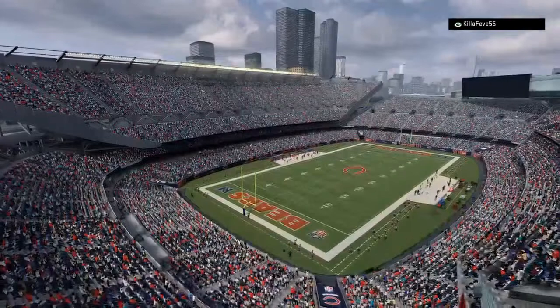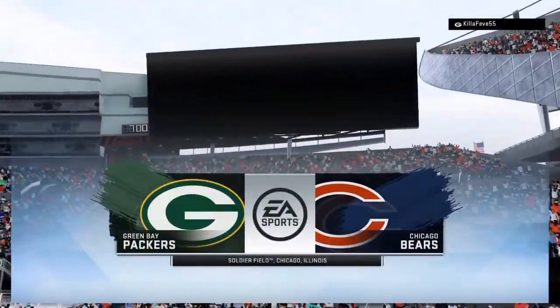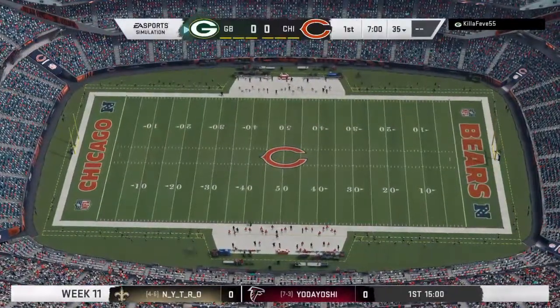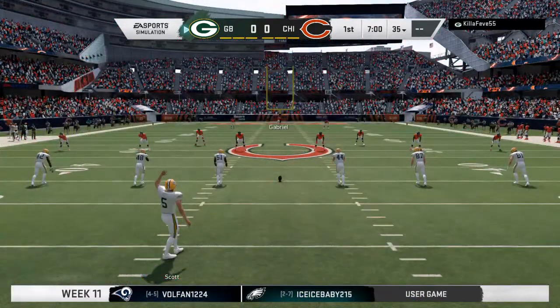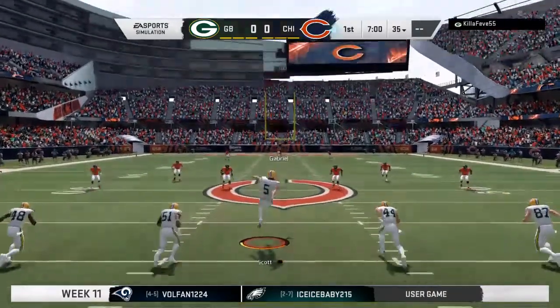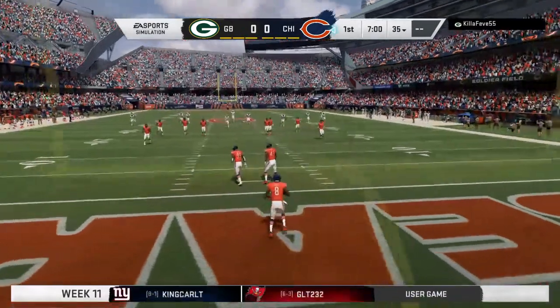EA Sports coverage of the NFL brings us to one of our favorite spots, venerable Soldier Field in Chicago. Nothing like the fanfare of introductions to an NFL game, and that was in evidence a moment ago. Fireworks, pyrotechnics, you name it. This crowd is ready as their guys get set to match up between the Green Bay Packers and the Chicago